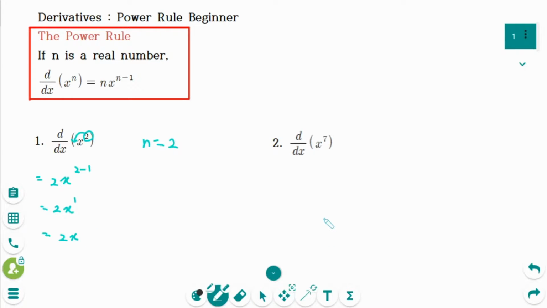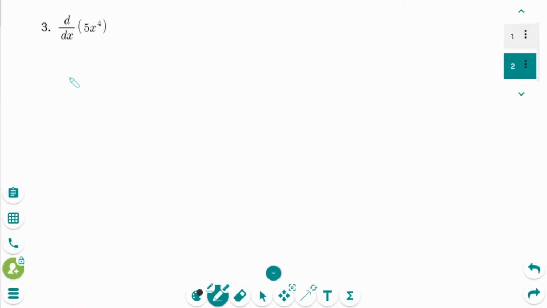Number 2. Derivative of x to the power of 7 equals 7x to the power of 7 minus 1, so 7x to the power of 6. This is the answer. Number 3, we can rewrite as 5 times d/dx of x to the power of